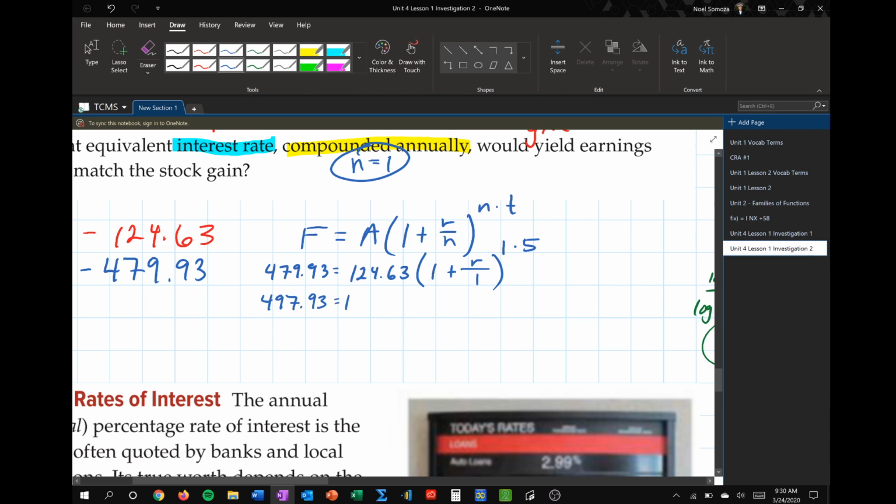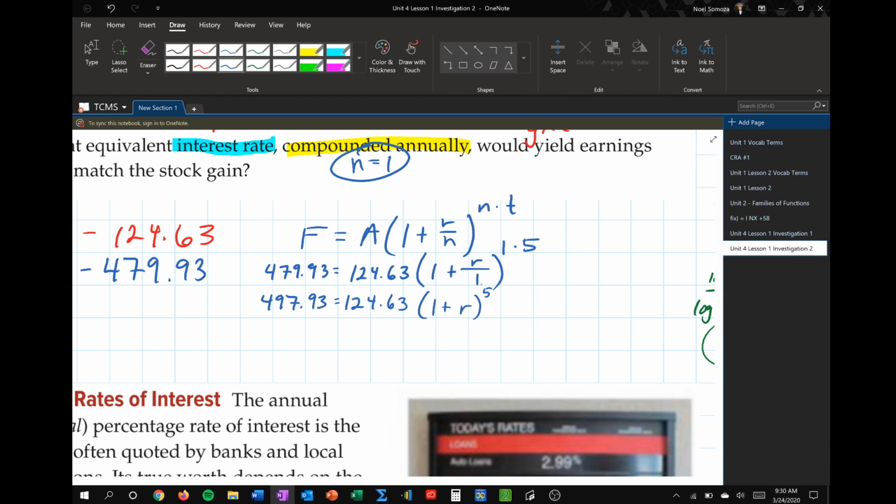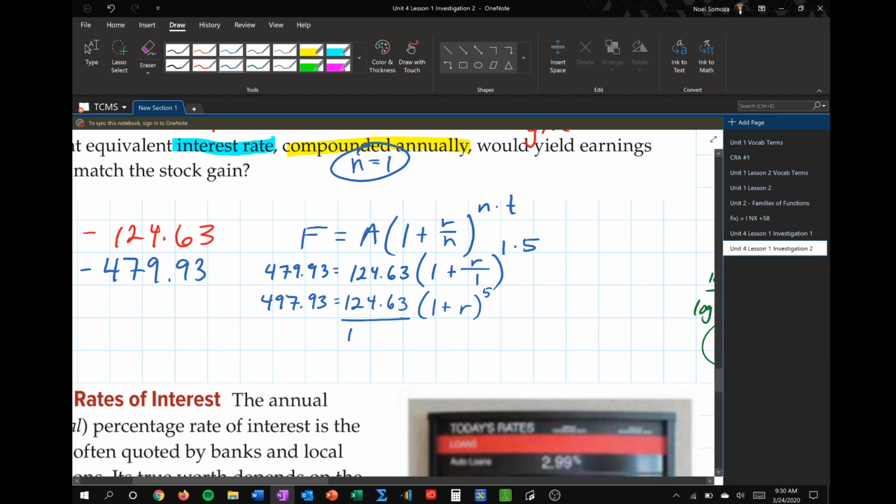479.93 equal to 124.63 times (1 plus the rate R divided by 1 is just R, so I can just drop the 1) and then I have this to the 5th power. Alright, so here's what we can do now. We can go ahead and divide by 124.63. Very similar approach to what we took on the previous problem. Okay, so if we go ahead and divide that, we should be getting,